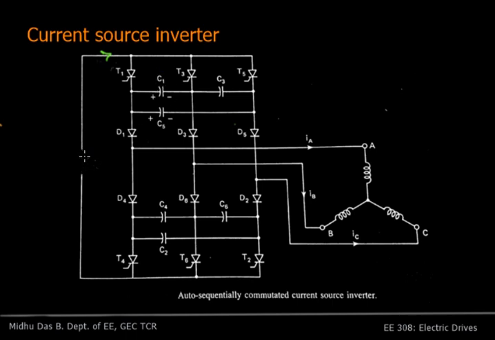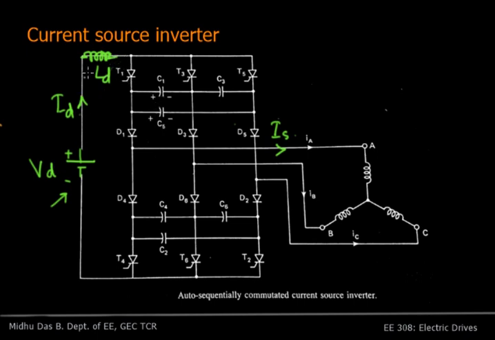So if you express this current source in this form, that is actually how we make a current source. Here a DC source VD along with an inductor LD constitute a current source. This LD, with its large value, will maintain the current constant. So by varying this VD, we can vary the magnitude of ID that is flowing from the source. So if you want to control the current that is flowing to the stator, that is IS, you have to control the value of ID. That is a current.